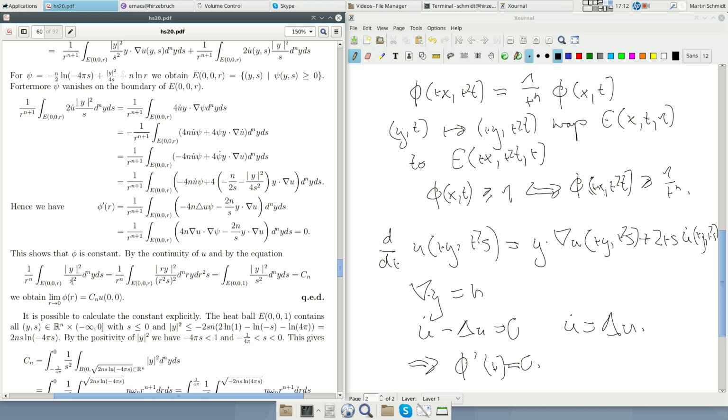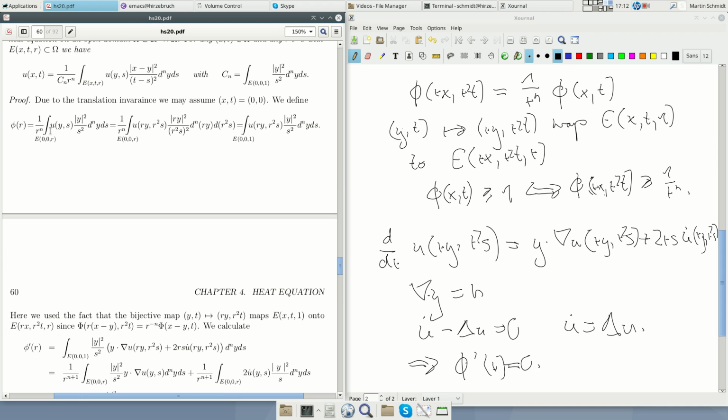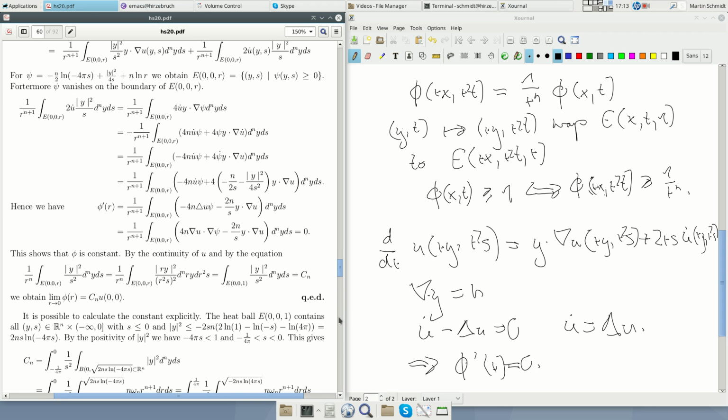So if we subtract from this integral Cn times u of 0, 0, then in the limit r going to 0, it goes to 0, because this converges to u of 0, 0, and everything is positive. So we really obtain that in the limit r going to 0, this goes to this constant times u of 0, 0. And this clearly proves the